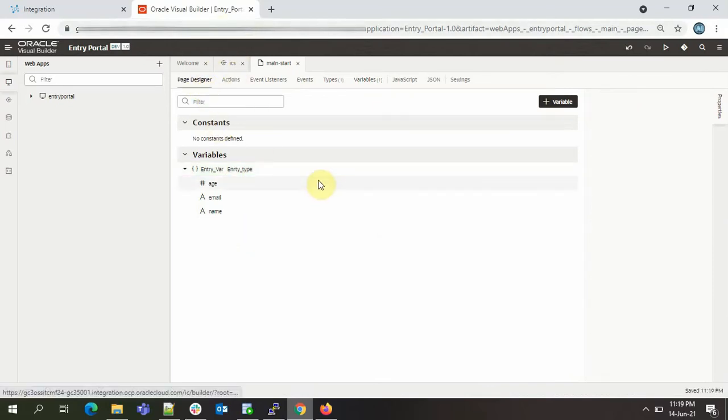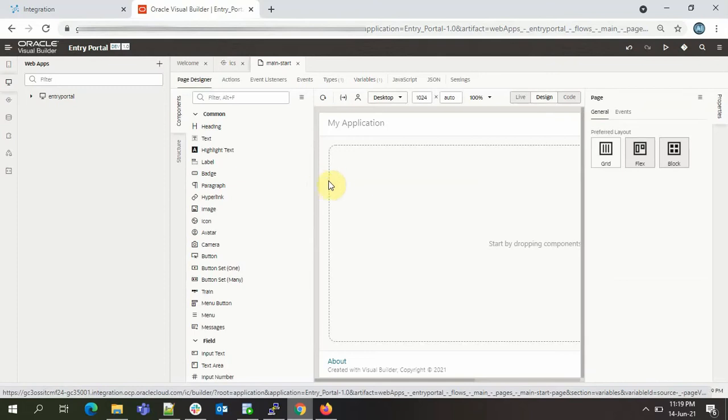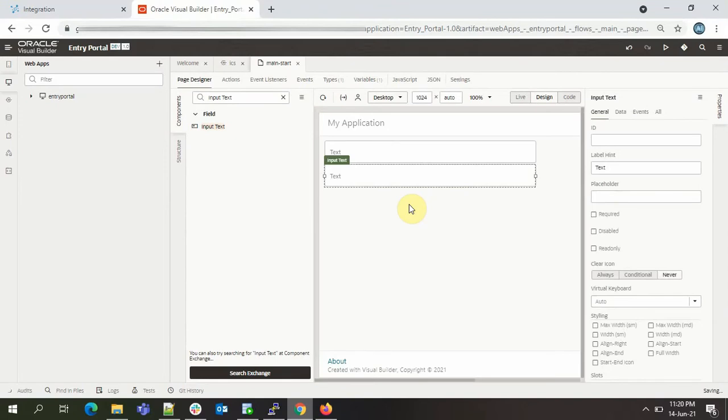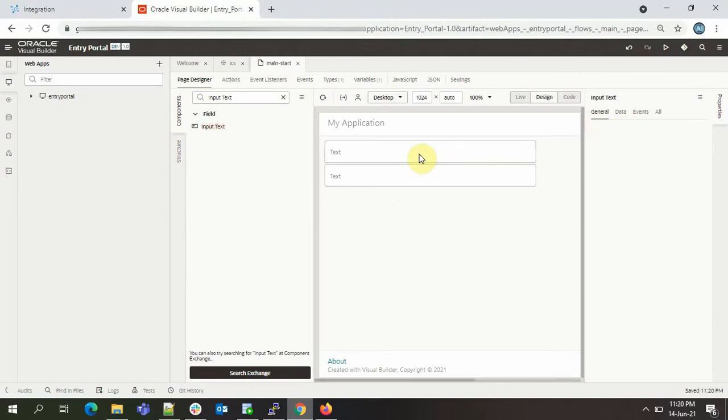Now come to the page designer. We need 3 fields. Two are varchar and one is number. So we will drop 2 input text and change the label to name and email ID.